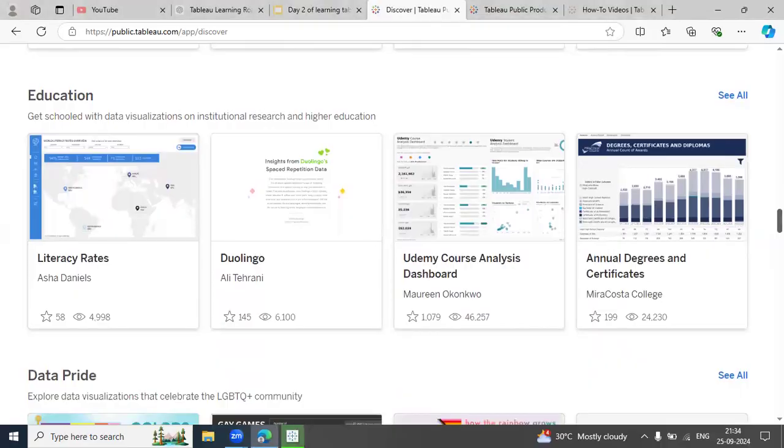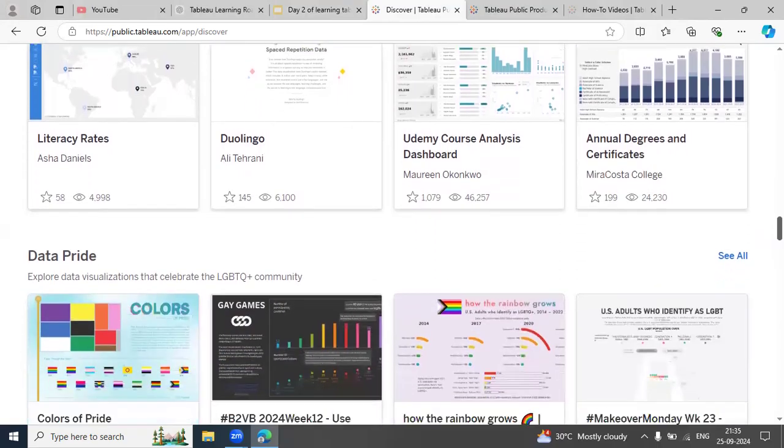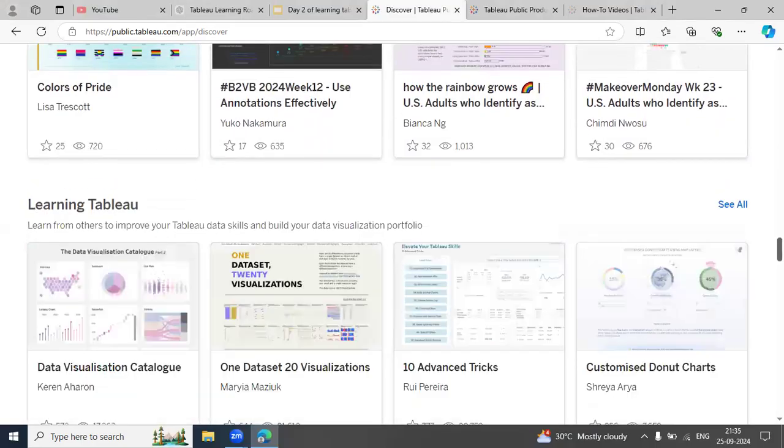For example, Duolingo is also using Tableau to get insight into its spaced repetition data, or Udemy also used it to analyze their courses. So for that also they need dashboard creation, annual certification and degrees and so on. There are just unlimited ways to use it. You just have to go through the depth of this to understand it in a better way.